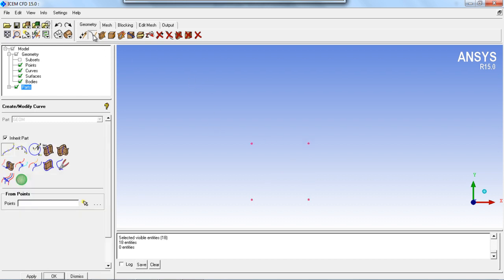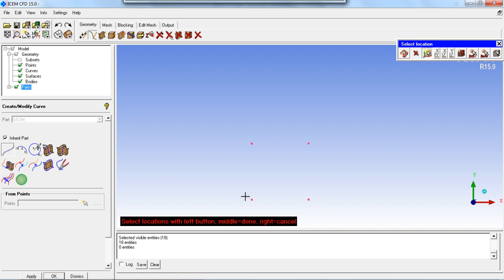Okay, I can get the one square box. Just choose these two points at the bottom, and then to confirm selection, click on the middle mouse button. Then these two vertical points, and choose these 2 points with the help of the left mouse button, and to confirm selection, click on the middle mouse button. Repeat this procedure for the remaining sides.